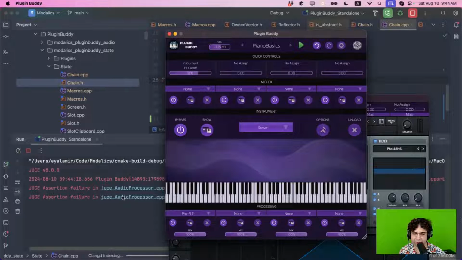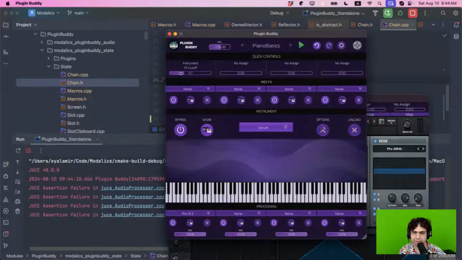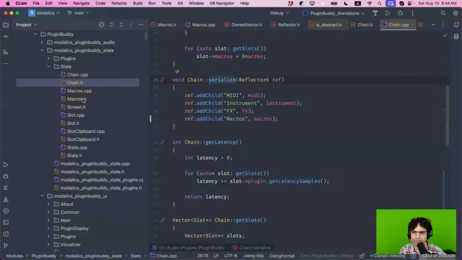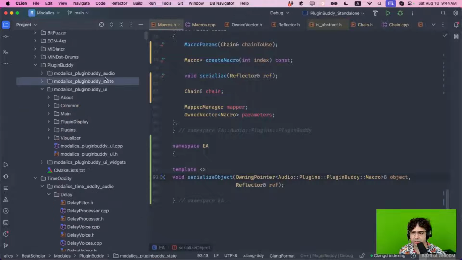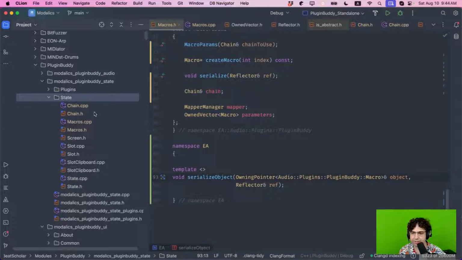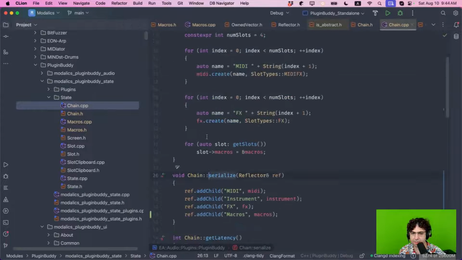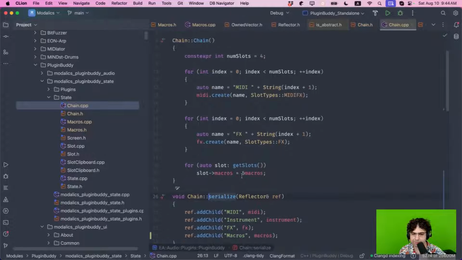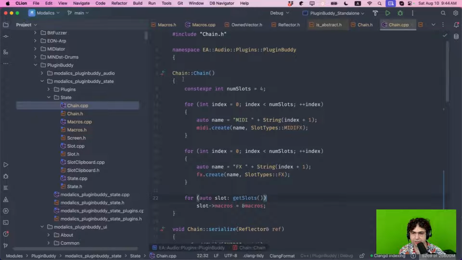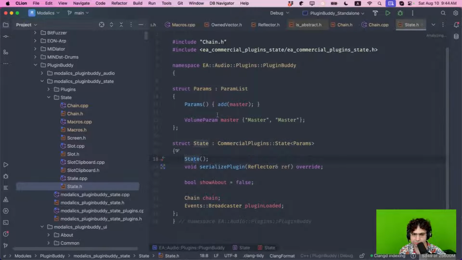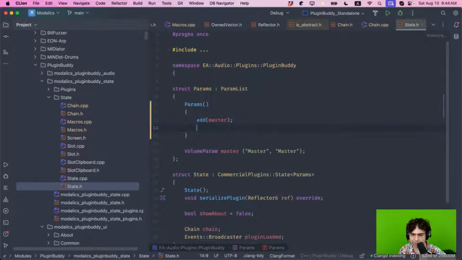Okay, this is great. There's an assertion happening here. I need to solve that. But generally, oh, I know why this happens, I think. Yeah, okay, so I know why this assertion happens. So the one last thing I need to do is, yeah, I need to add these parameters. So I need to go